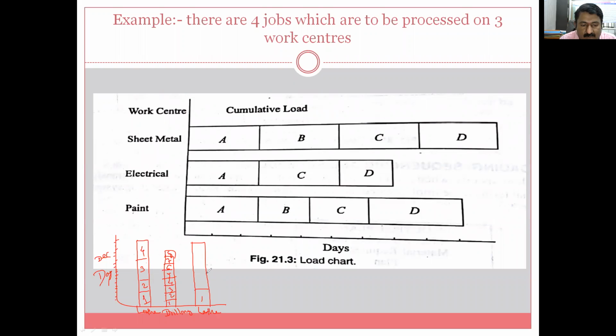But lathe operations are more. So 2 lathe machines are used and 1 drilling machine is used. And after this, the job will go to the drilling. So this is also one of the Gantt charts you can see. This is nothing but the workstations, lathe and drilling, and how they will be loaded. So this is just one example.